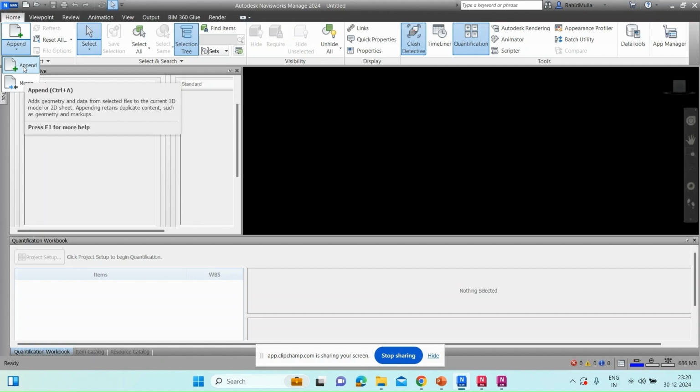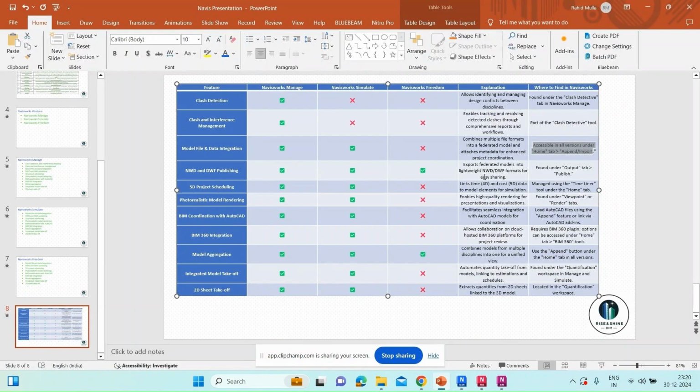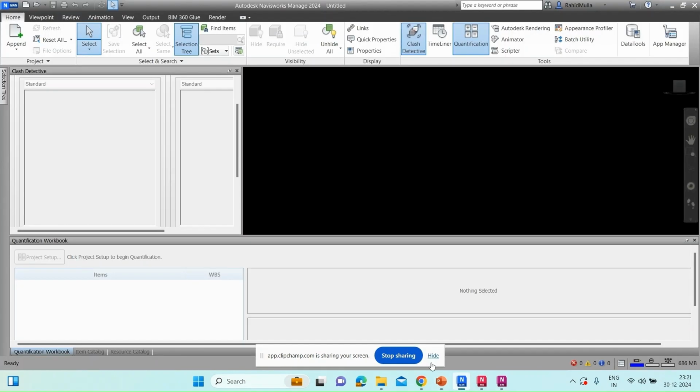So we will go in depth as we proceed further with this course, but as of now, just understand the key differences between these three different versions. And then NWT as well as DWF publishing. All three versions of Navisworks are capable of publishing a model. So where exactly will we find that publishing option? So when we come here